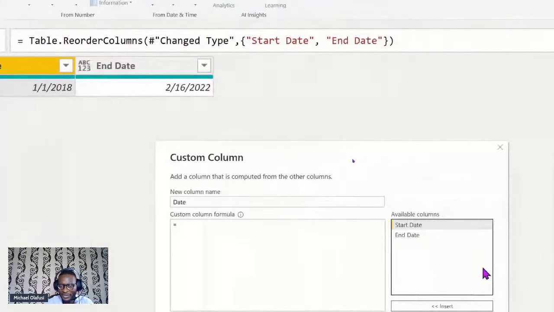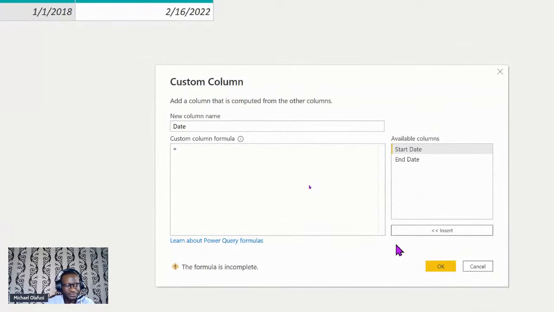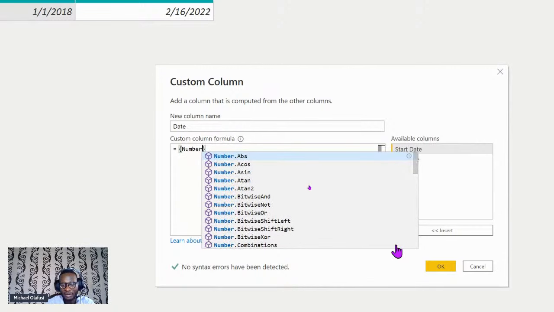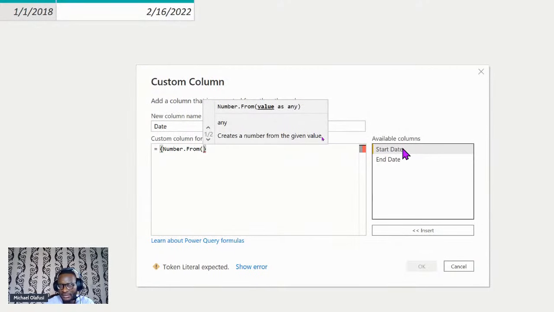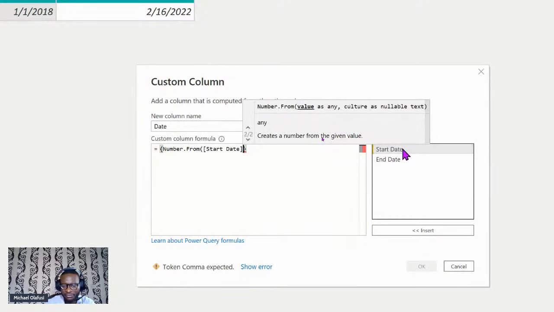And then this is where you might need to be familiar with this syntax of creating a list, because I'm actually creating a list. So this is how we create a list, these curly brackets. And then I'm going to say I need number from start dates, close the bracket.